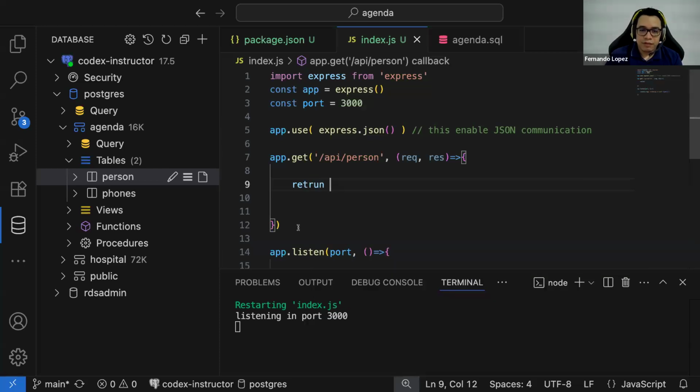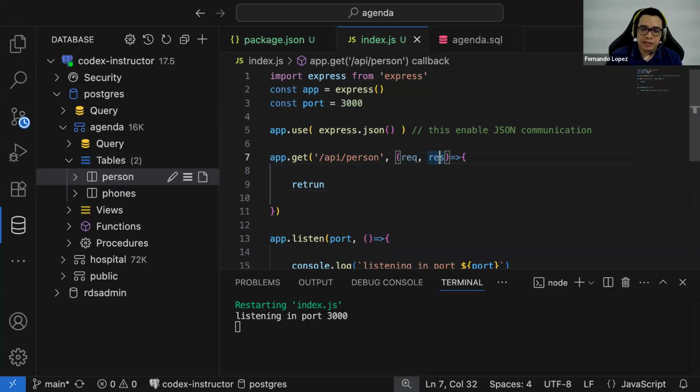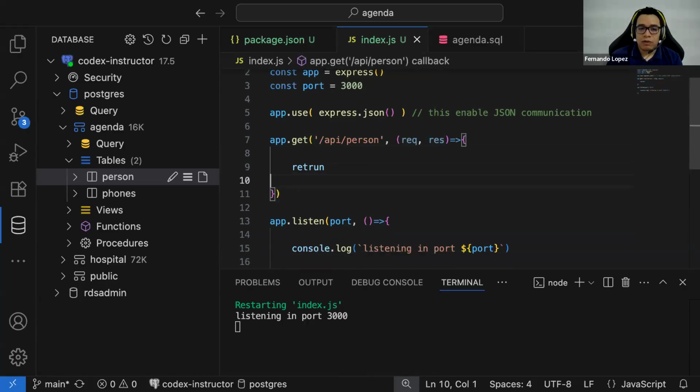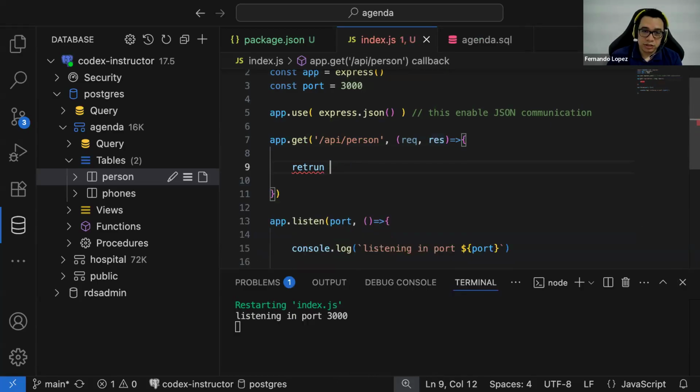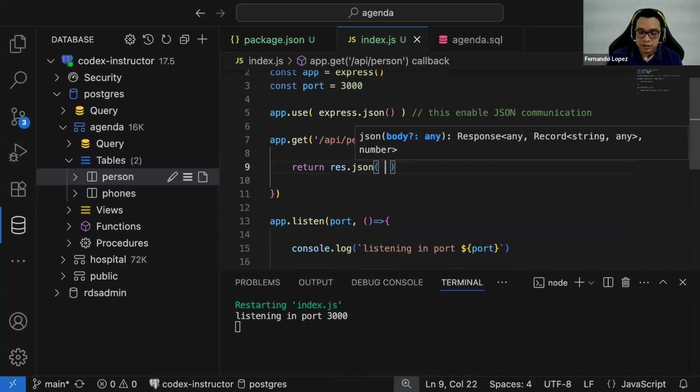Now, with the response object that we are receiving, that is this one, the second parameter, we can communicate data to the client. So right now we're going to use this object, res.json, and we can pass here information in the JSON notation.